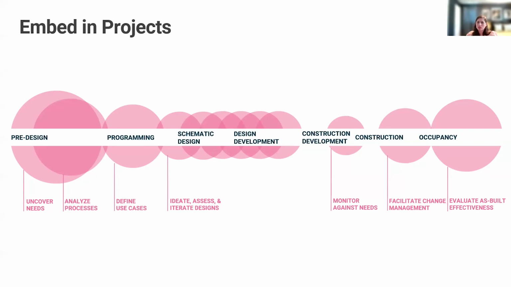Then you gradually bring clarity and narrow down your focus. In the middle of the process, you get more iterative as you develop aspects of the design and you check with stakeholders that you have appropriately captured their intent. Then it becomes more and more complete, so it's more representative of the final design as you progress to the right. During construction, there's less maybe direct involvement. It's more about monitoring what's going on and ensuring representation of the stakeholder voice as those trade-offs or value engineering happen. And then you prepare for occupancy, and then ultimately you deal with occupancy at the end.